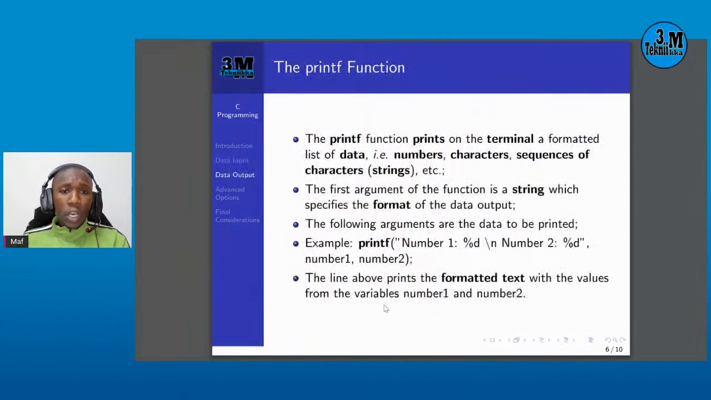So this is the printf function, the very opposite of scanf. The syntax is pretty much the same. Instead of scanf, you use printf. Here you pass a number, this is an integer, this is another integer. As you can see, this is the format, but the only difference is that inside the printf function, you can put some